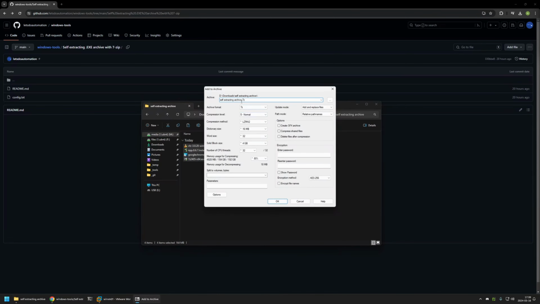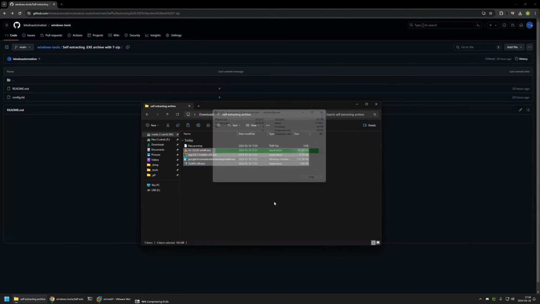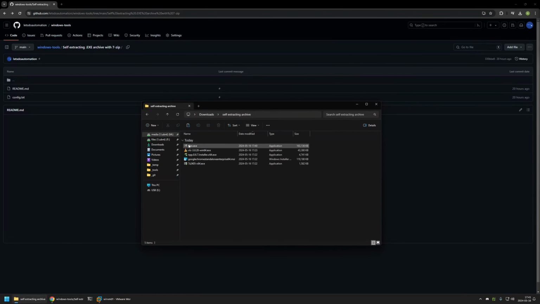I will name the archive files. Then for the options, we need to select create SFX archive. And that's basically it. Now we can click on OK. And wait a bit. And as you can see, now I have this self-extracting executable, and to show you how it works, I will